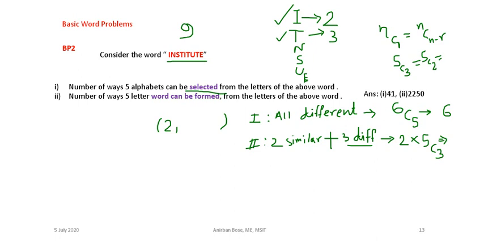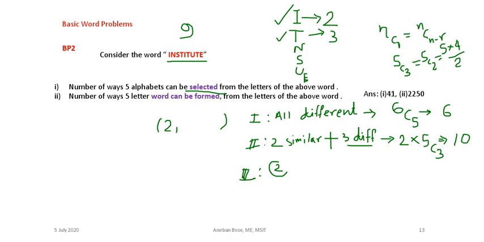That means from the end you multiply 2. That means 5 into 4, and that divided by 2 factorial. 2 factorial is 2 here. So 5 into 4 is 20, by 2 is 10. So such 10 cases are there. Okay. Now the third case you consider, where